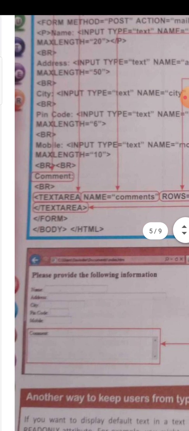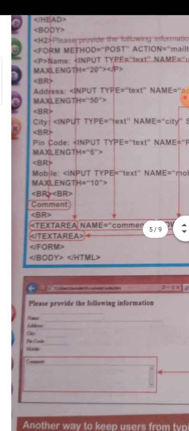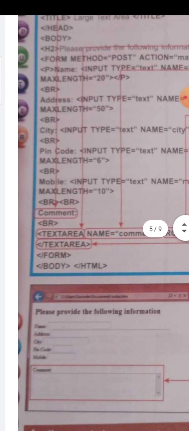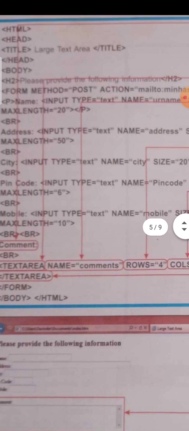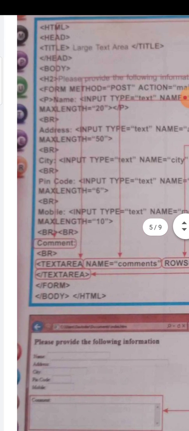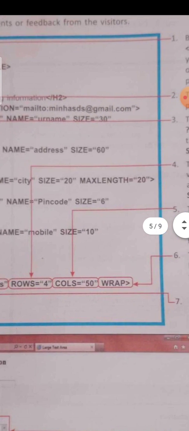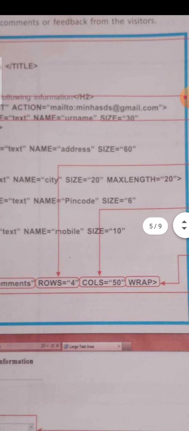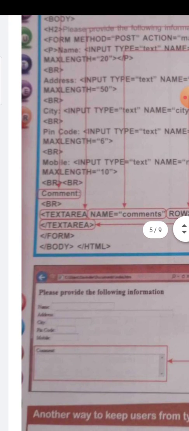And then comment is there, which basically represents the data. You can easily see that textarea is the tag here, and you write textarea name equal to comment. Okay, so comment is there, and then rows equal to 4 and cols equal to 50. So an area of 4 rows and 50 columns will be provided to you to enter your text. That is the main purpose of the text area.